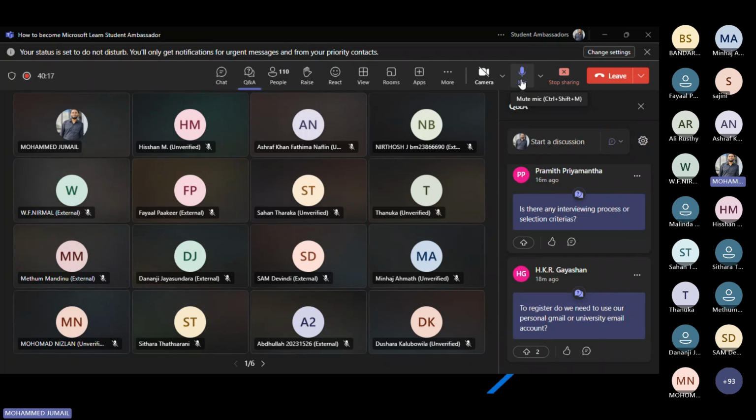No, there are no interviews, only the application process. They will check your study activities. They are only focused on the study activities and your learning qualification. You can use any email, your personal or university email account.